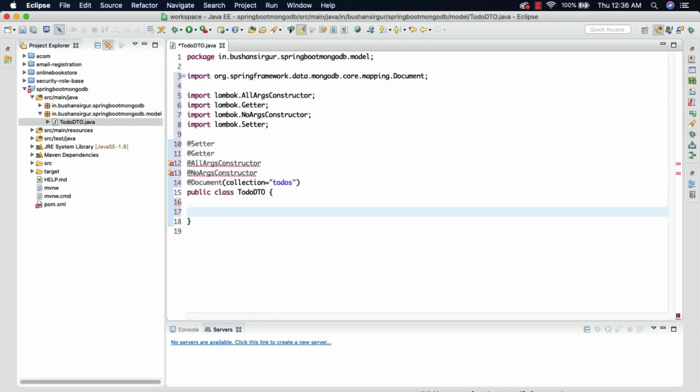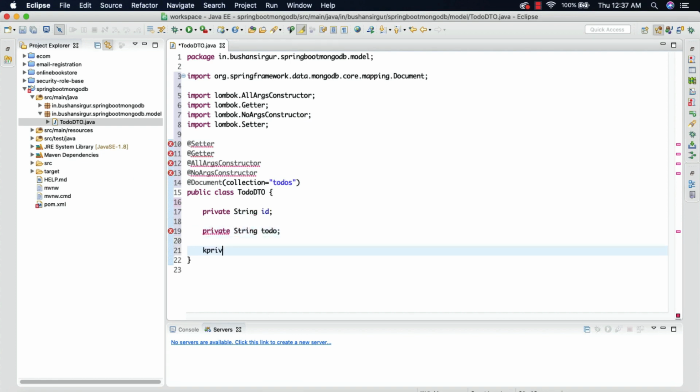Let's go ahead and define the fields. The first field is id, which is of type String, and we are going to create todo, which is of type String, and we are going to specify the description, which is of type String.